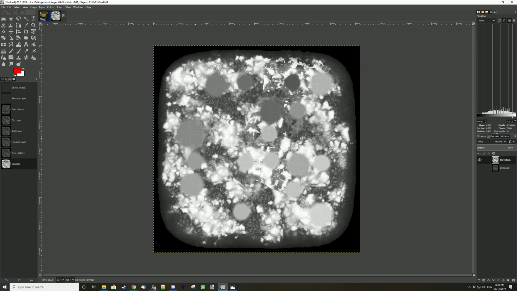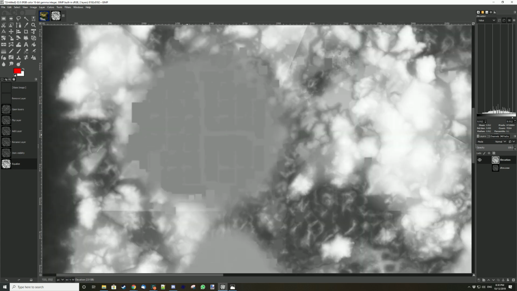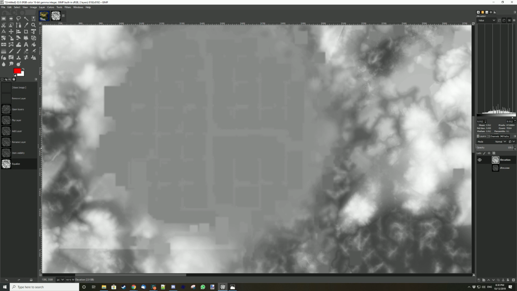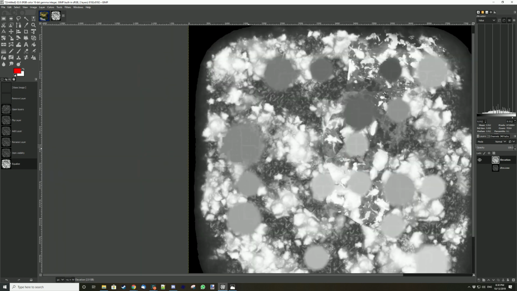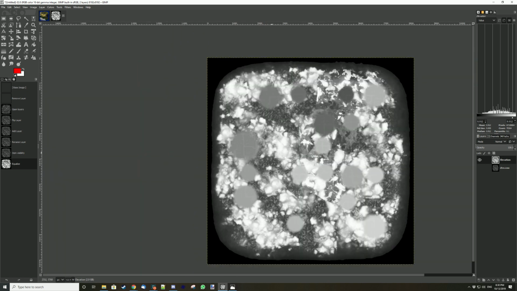So let me zoom in here on this thing. These balls are where cities are located. These two different colors are basically the roads and the prefabs. They have a slightly different elevation, and it's very visible here if you use equalize. What you don't have on equalize is